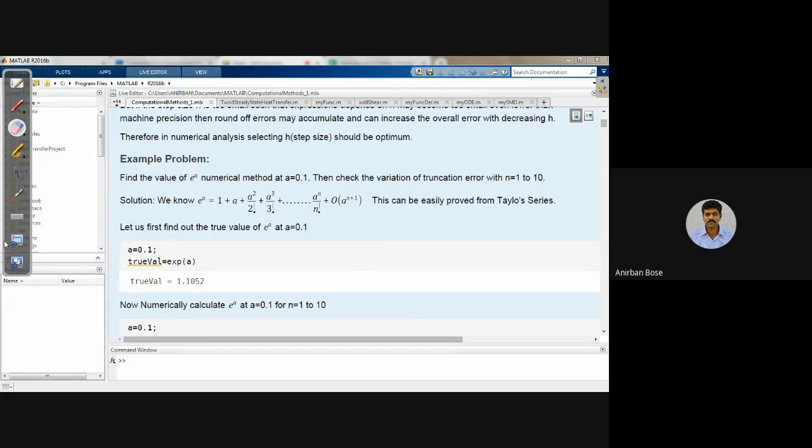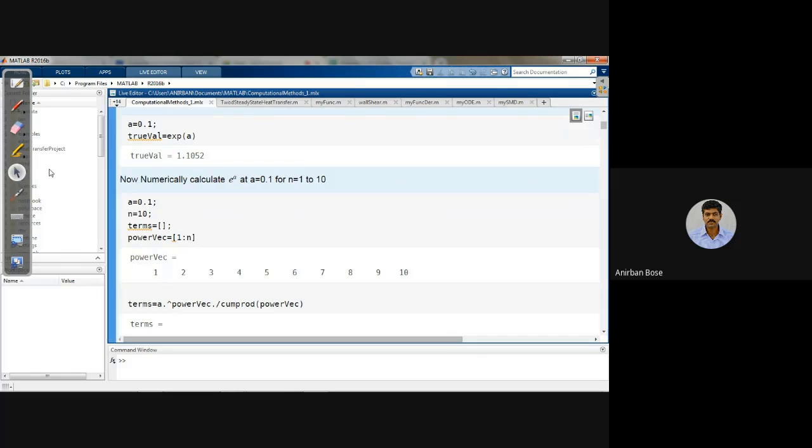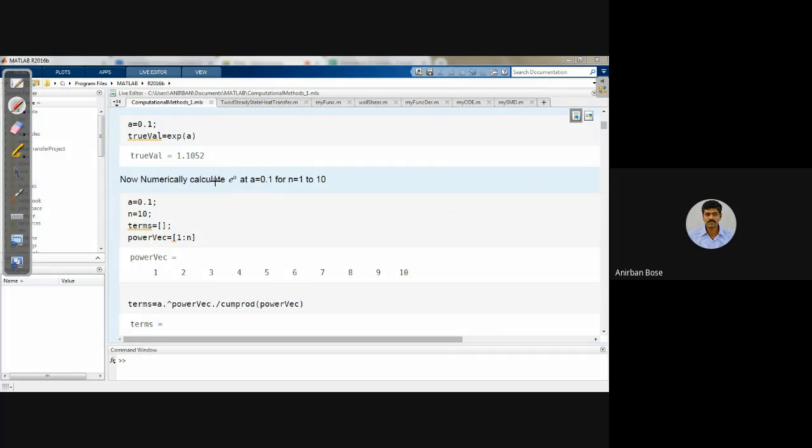So let us see that. So for numerical calculation, observe carefully. First, you write a is equal to 0.1 and take n is equal to 10, and terms within the particular array. In terms, we are going to put all these terms like first term, second term, third term. All these are going to be the different terms of the exponential e to the power a,